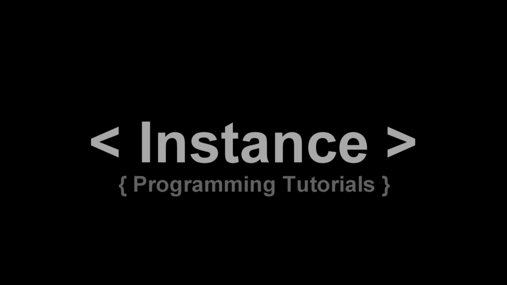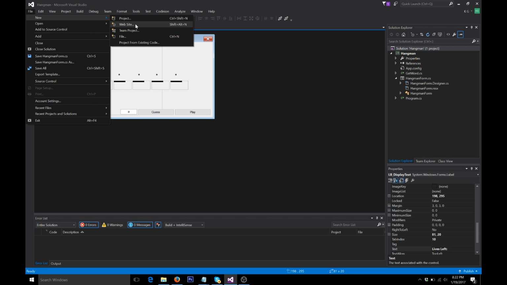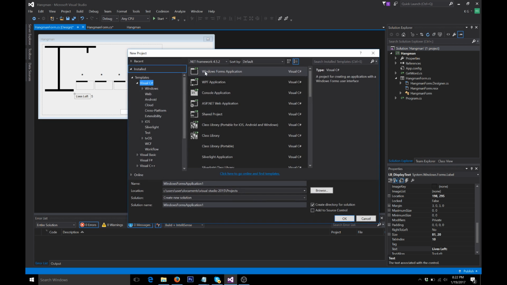Hey, what's up guys, it's Innocence here, and today I'm going to teach you how to program Hangman using C# and Visual Studio. So as you can see, you just need to create a new project, a Windows Form application,